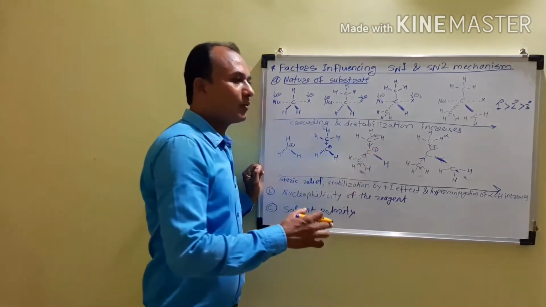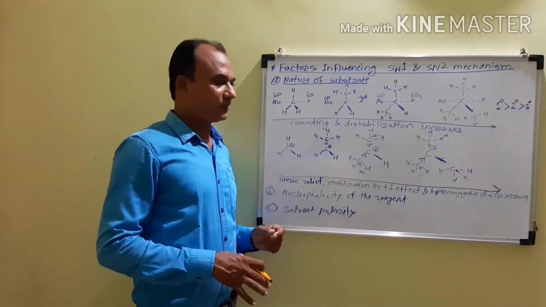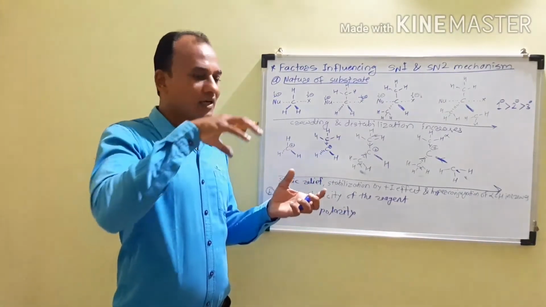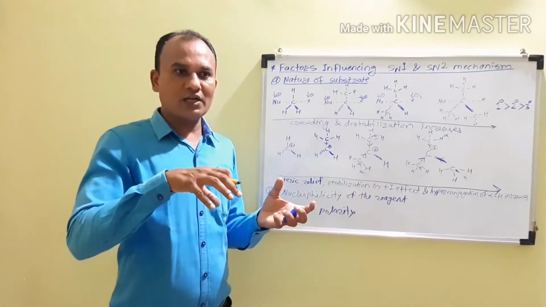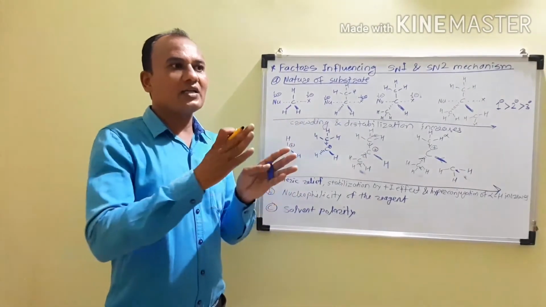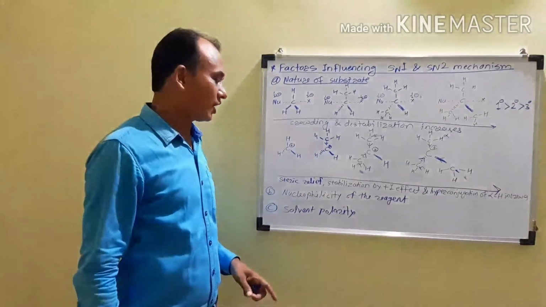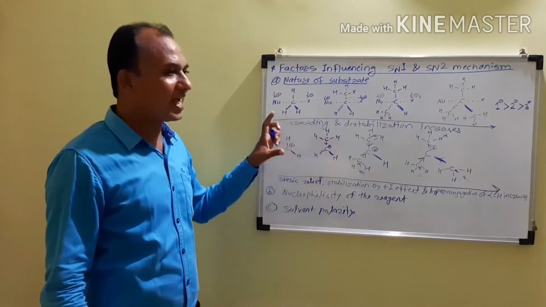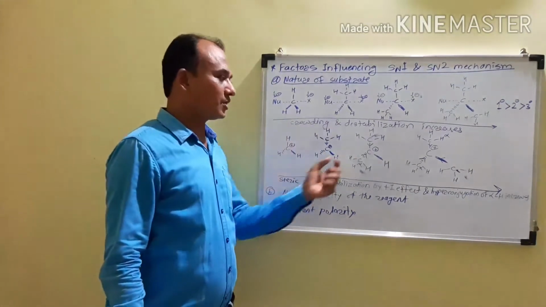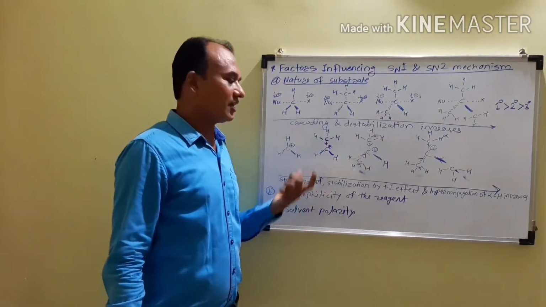Also, due to the formation of the planar carbocation, even if the crowding would increase, there will be a steric relief. As the alkyl groups increase, crowding also increases, but due to the formation of the planar carbocation, these are arranged in such a way that there is less crowding. Therefore as the substituent alkyl groups increase, there is a steric relief.